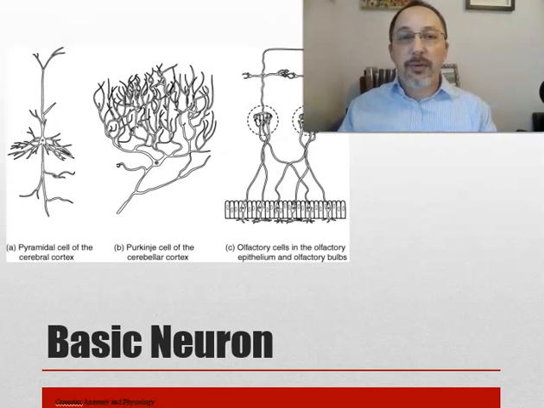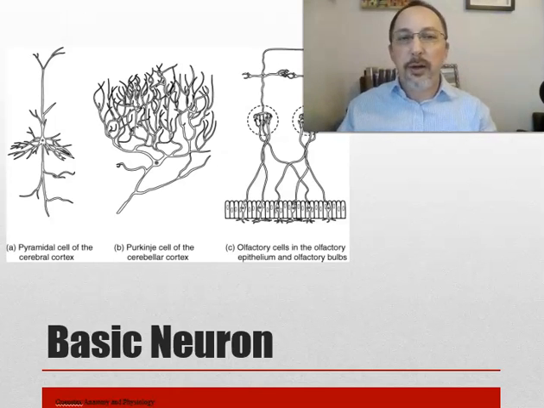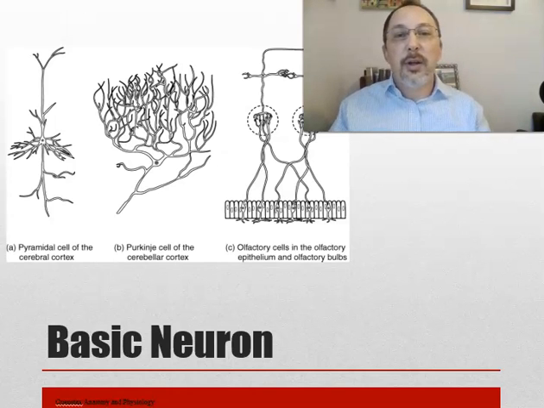So a very common type of cell is this pyramidal cell in the cerebral cortex that we see here. And then we see the Purkinje cells in the cerebellar cortex, in your cerebellum, where you have the majority of cells in your brain. The small structure at the back of your head contains the majority of the neurons in your brain by a lot, like 70 billion to 12 billion in the rest of your brain. And then the other one is the neurons in your olfactory bulb. So neurons have wildly different configurations, but what they all have are axons and dendrites, and the structures in there